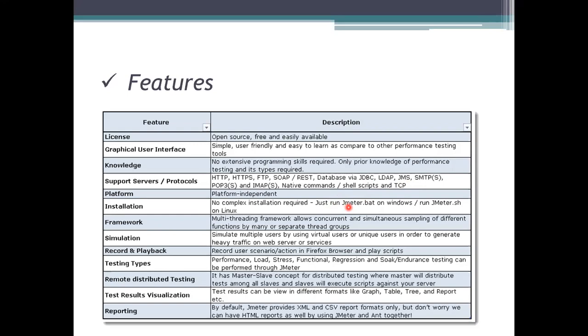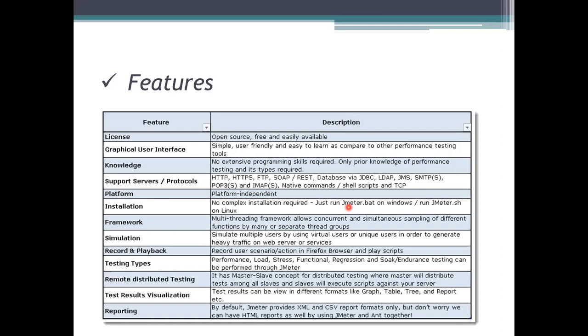First thing is you need to install Java on our system, and we need to note the installation version, the verified version we are having, and see whether the Java environment has been set or not. Set the Java environment and then download JMeter. That's all. The installation is easy whether it is Windows, Linux or Mac.